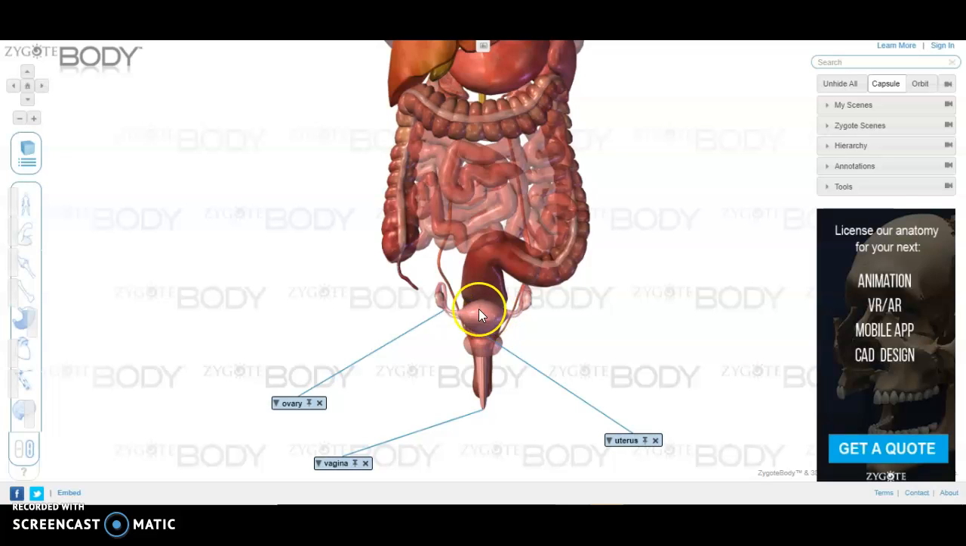So the second organ I've chosen is the uterus, and the uterus is where the egg, if fertilized, will implant itself and then grow and help house the fetus until it is ready to be born. The third organ that I have selected as a part of the reproductive system for a female is the